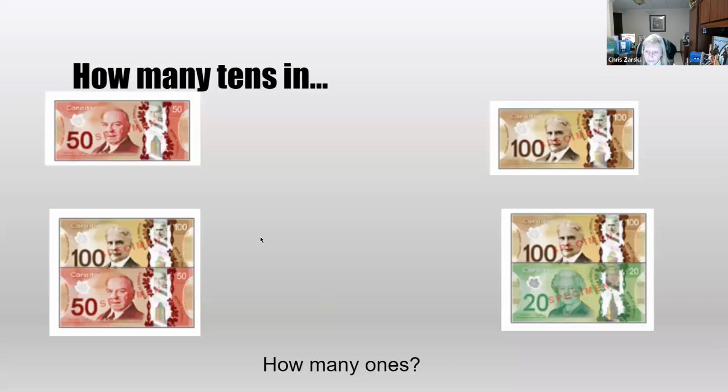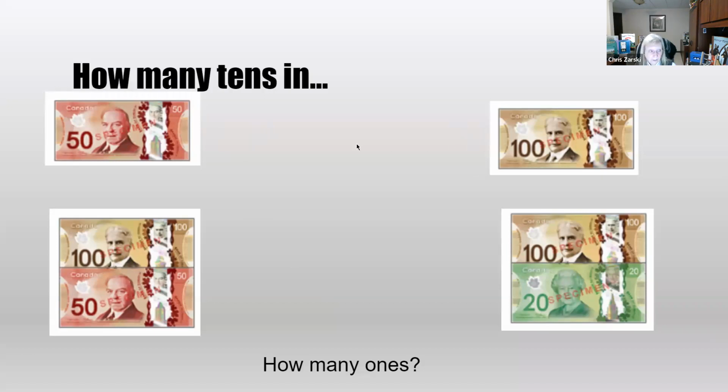So let's see if we can transfer some of our learning and do some of our skip counting and our values. How many tens are in 50? If they have to count them out and put 5 down beside it, have them do that. How many are in 100? Same idea. I could ask them, if they counted out 10 of them, could you tell me another way to show me that you got 10? We would hope that they would say a double 50 is 150.